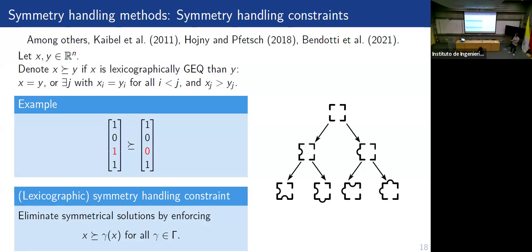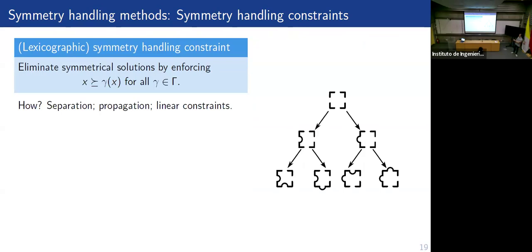Enforcing this can be difficult, but how can you handle such a constraint? Very often we are in a mixed-integer linear programming case, and this is not a linear constraint, this is lexicographic order. So what can you do? You can think of separation, like separation oracles, but you can also add linear constraints like fundamental domain inequalities or semi-stable cuts. But I will focus on propagation, actually variable bound propagation.